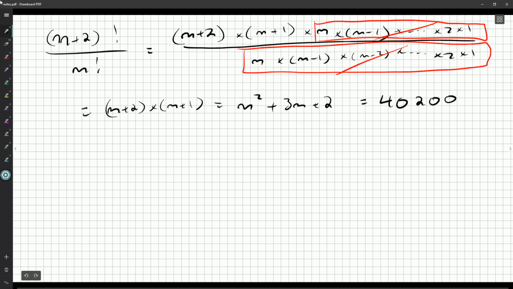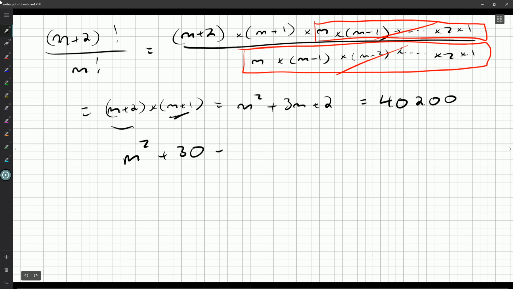40,200. And that's what we're looking at, 40,200. Off the top of my head, I can't. I think it's 200 and 201. I think I'm just looking for two consecutive numbers that multiply this way. You know, if we have trouble finding them,